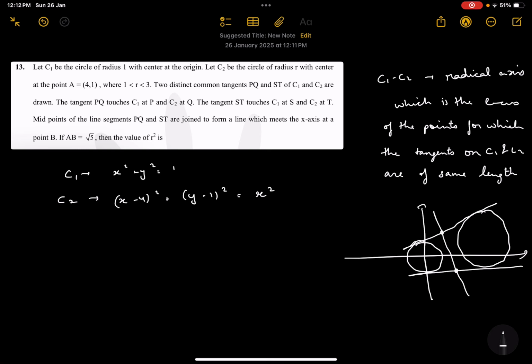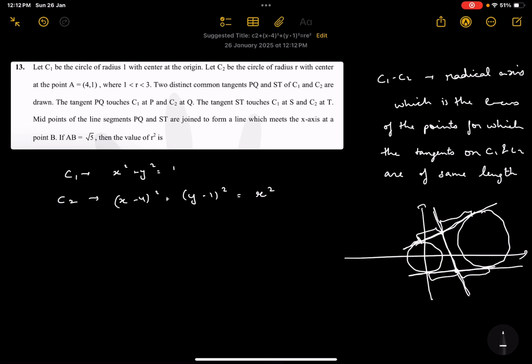So the tangents to both the circles from these points are of the same length. So this is same as this, and similarly, so this gives us a line. So this should be the same line as the radical axis,